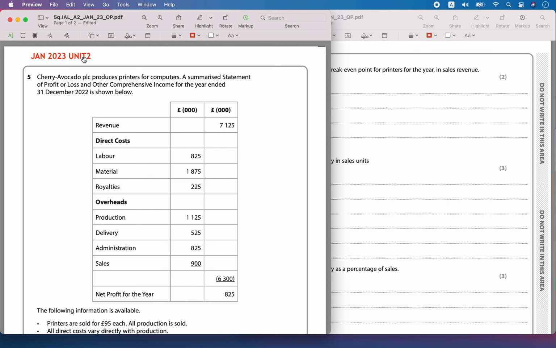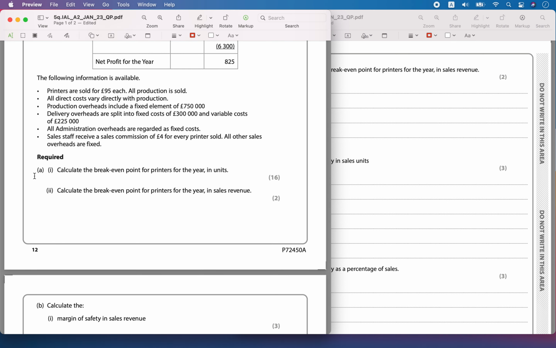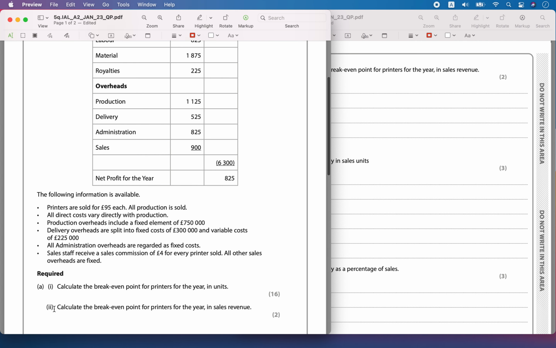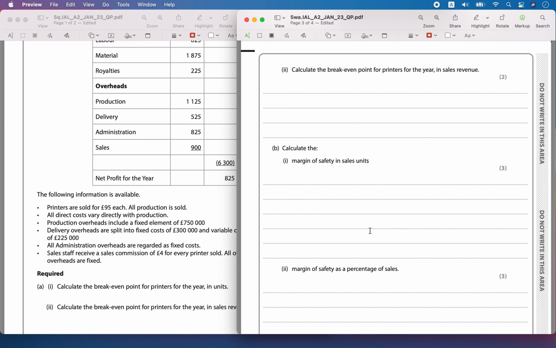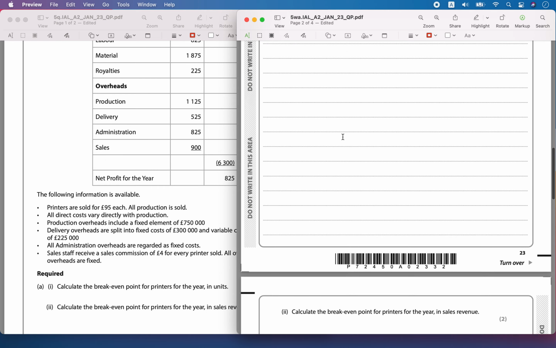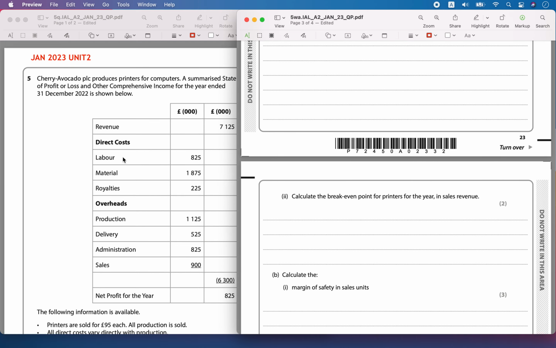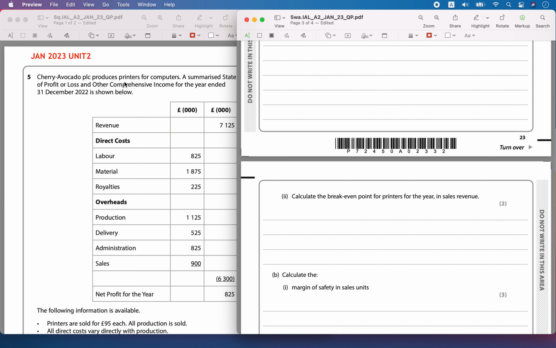Hello, today we are solving Jan 2023 Unit 2 question 5A, part 2. Calculate the break-even point for the printers for the year in the sales revenue. In the first part of the question we had calculated break-even point in terms of sales units. How much needs to be produced so that there is no loss or profit for Cherry-Avocado PLC, who produces printers for computers. Now in this part of the question we need to find break-even point in terms of